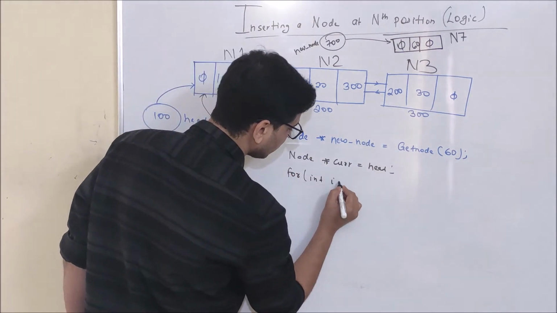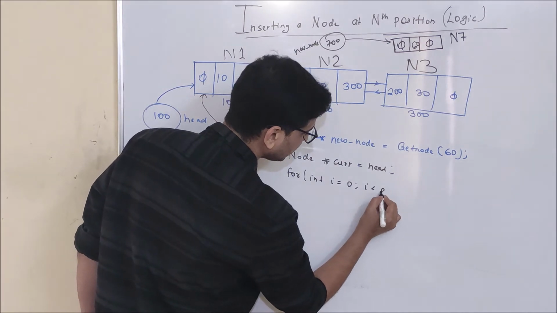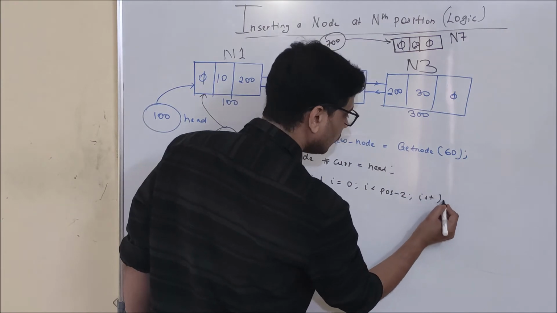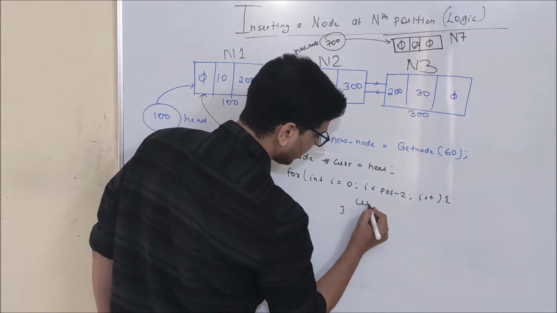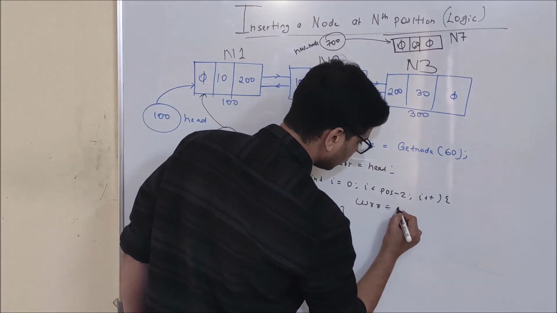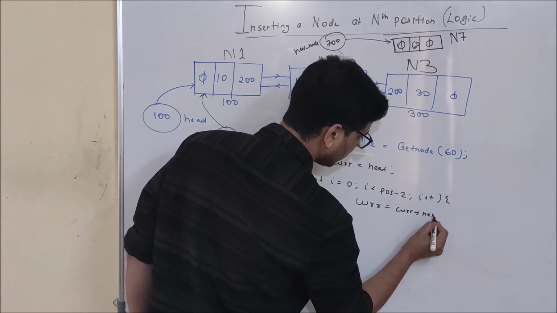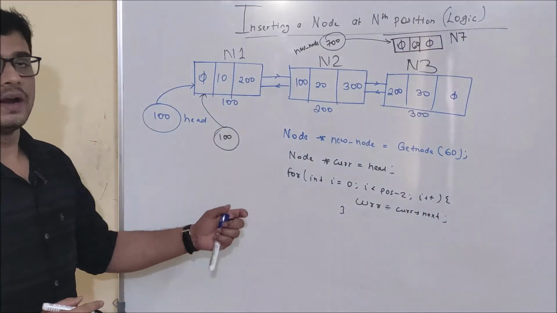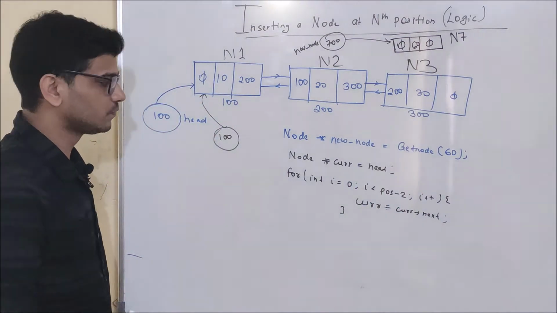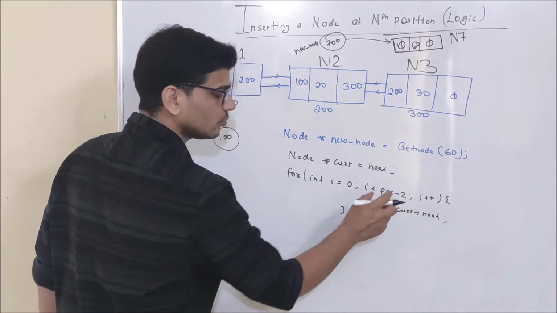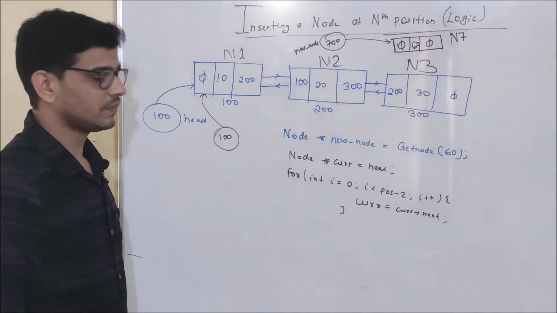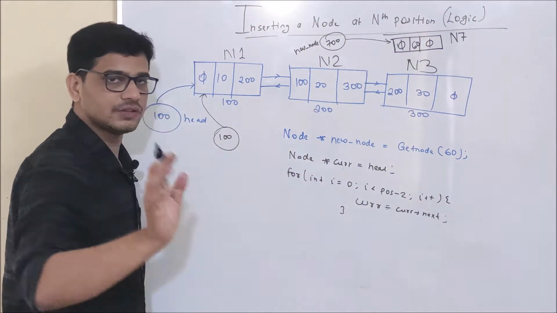For int I equal to 0, I is smaller than pos minus 2, that is position minus 2, and I plus plus, we will traverse this doubly linked list and update cur equal to cur dot next. So suppose I want to insert a node at third position, how many times will this for loop execute? Int I equal to 0, I is smaller than 3 minus 2, that is 1. So this for loop will execute one time, and as you can see here, before execution of this for